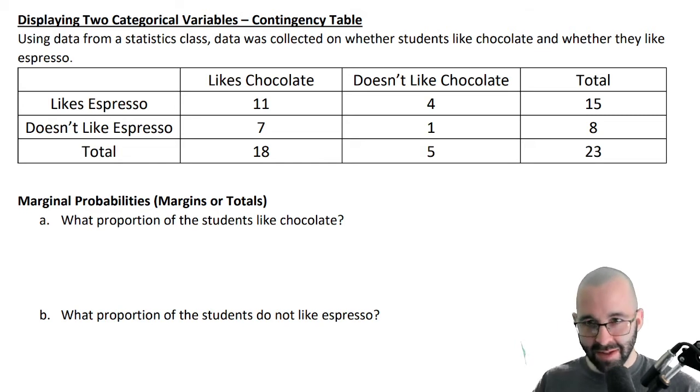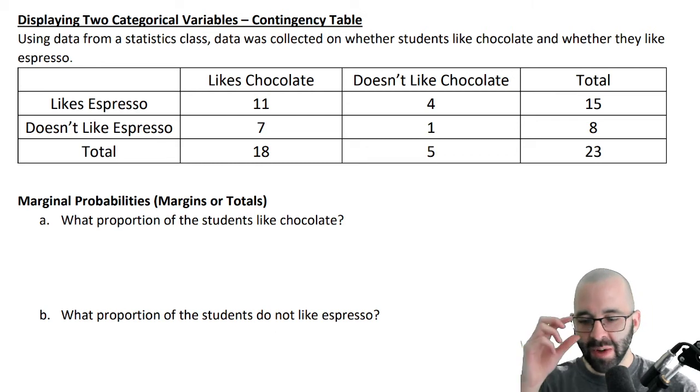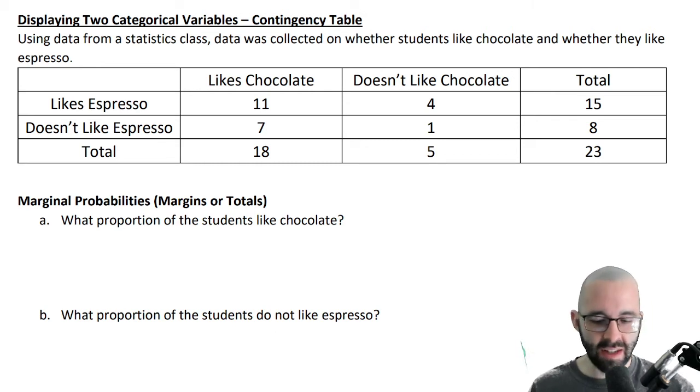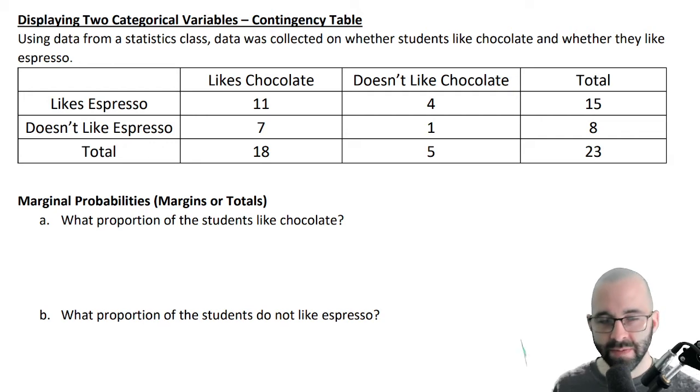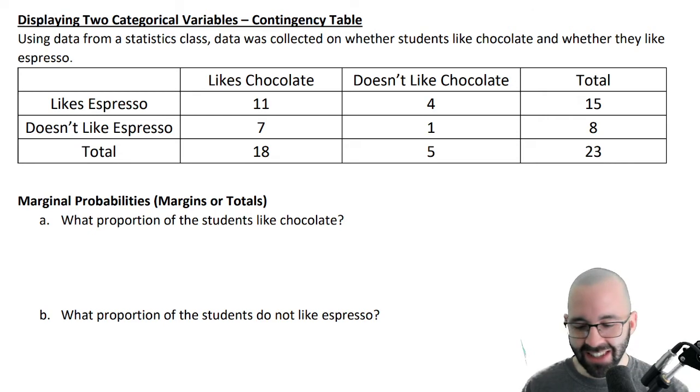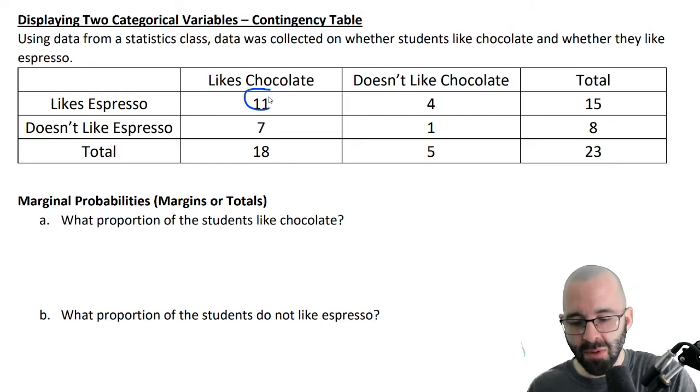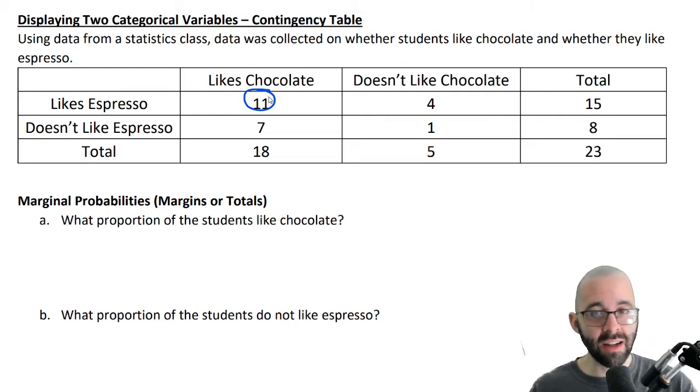So using data from a statistics class, we have data that was collected on whether students like chocolate and whether they like espresso. All right, so here's the data. Let's take a moment and interpret this. What does this number mean right here? This means that 11 people liked chocolate and liked espresso,